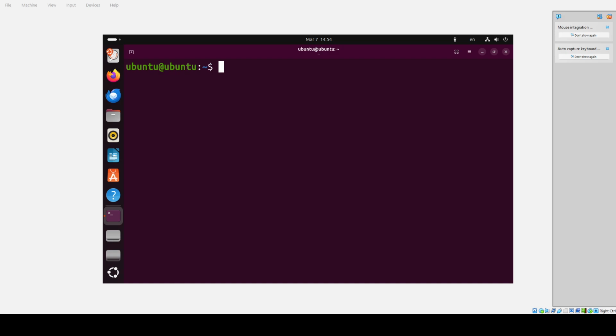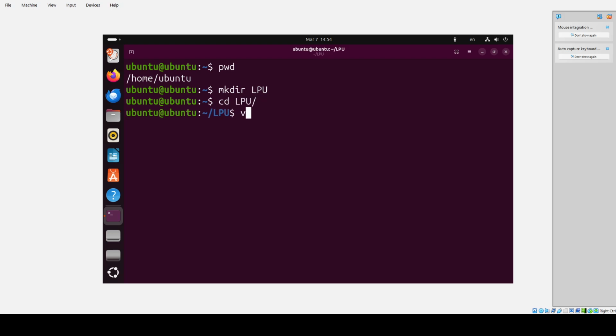Okay, let me start this. I will just see where I am now. So, I am in the Ubuntu. Let me create one directory, LPU, right, cd LPU. Let me create some files,